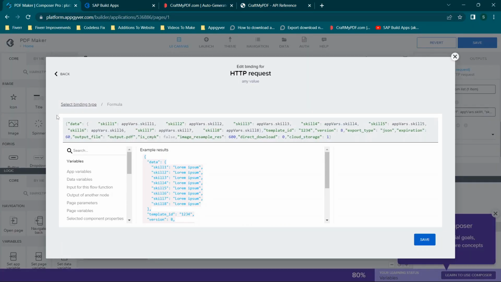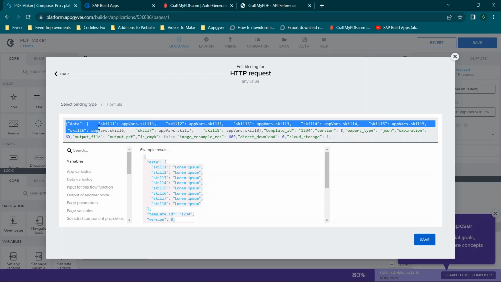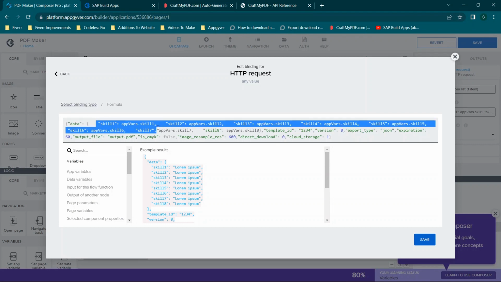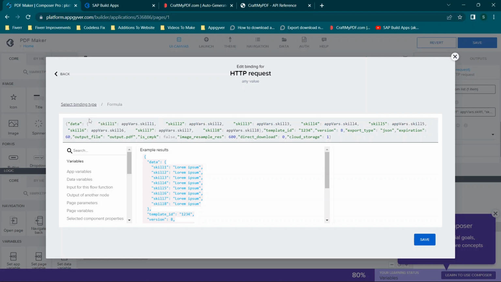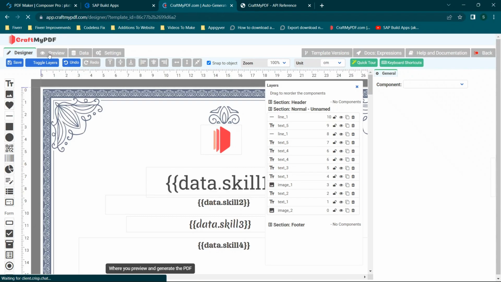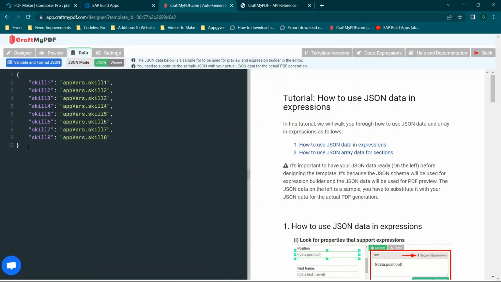And you would paste it in here. So you'll see we have data, and then within data is skill 1, which is our first skill. So in quotes is skill 1, we have skill 2, etc. To get this information, you can actually open up your template editor and go to the data section, and it's